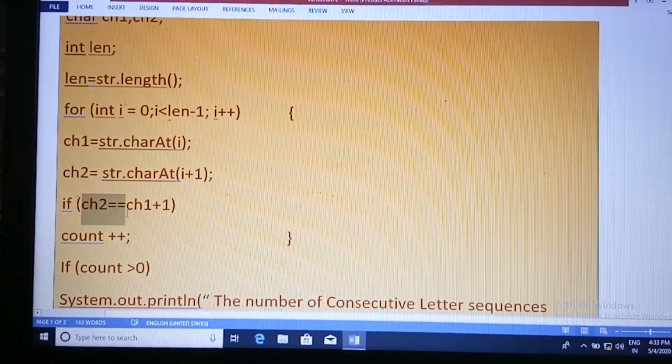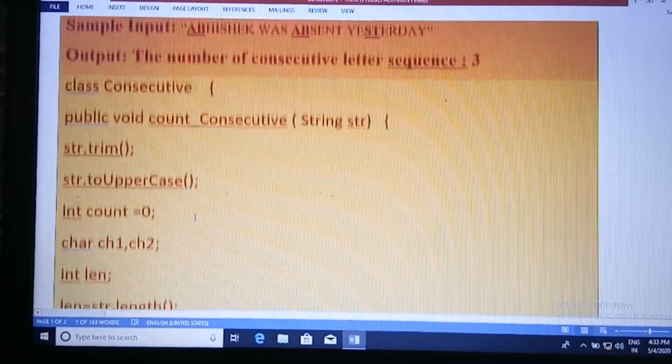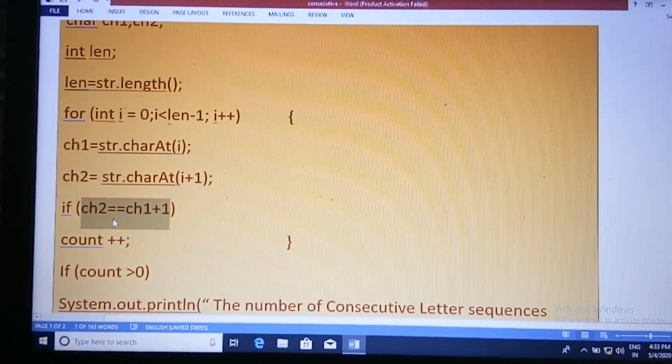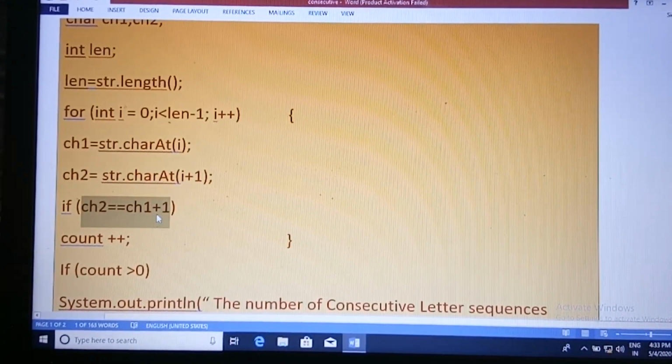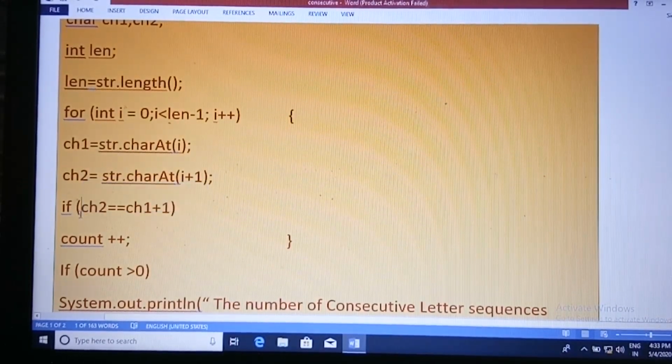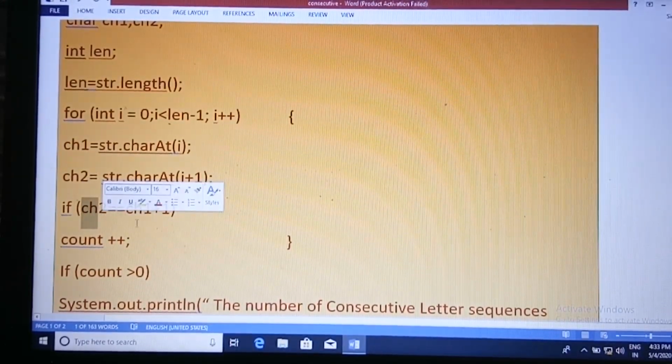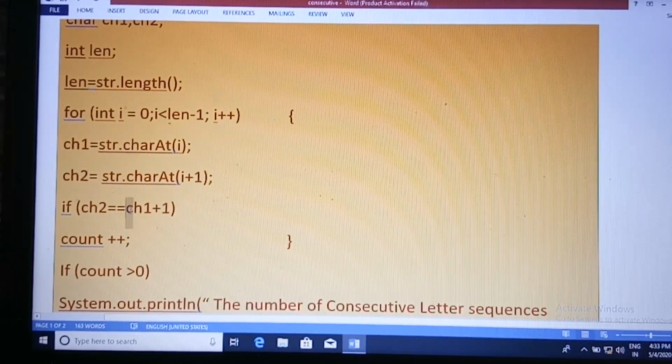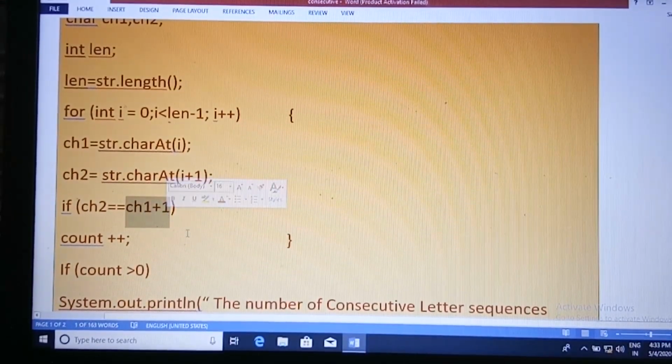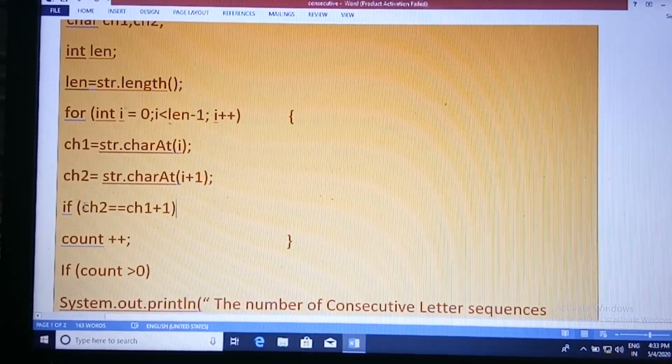ch2 equals ch1 plus 1 means the ASCII code of the second alphabet is 1 more than the ASCII code of the first, or the before, alphabet.